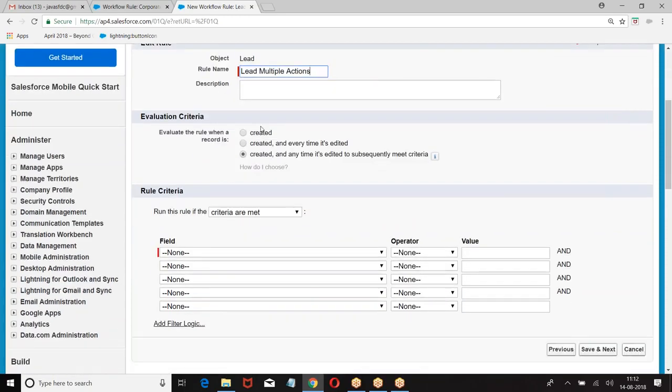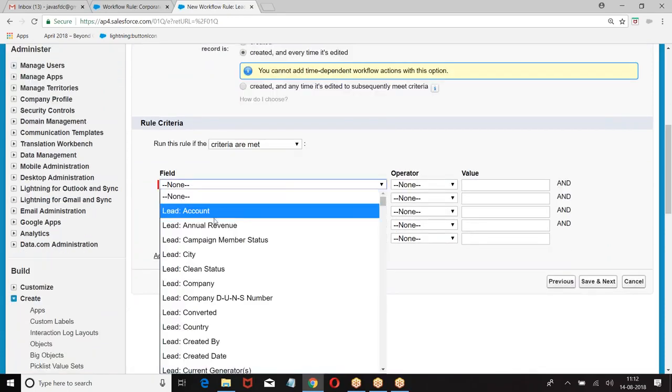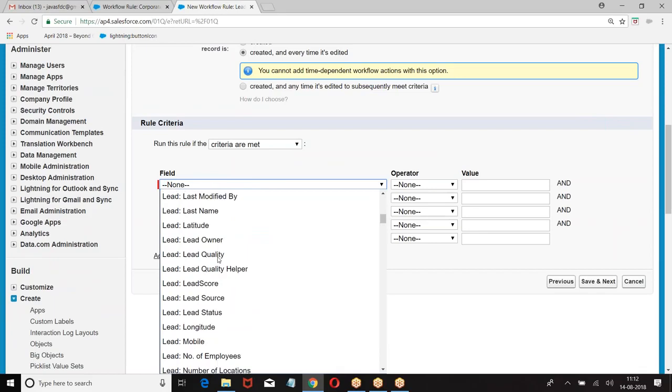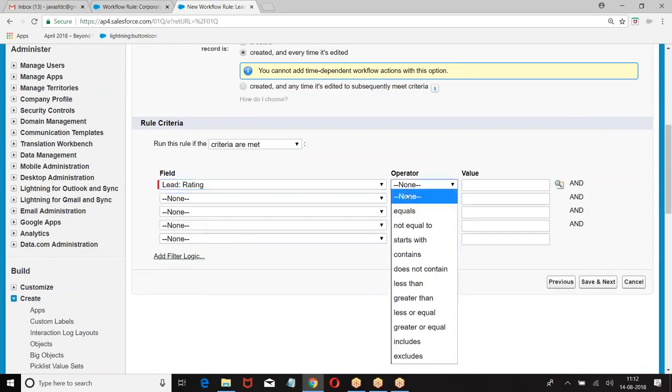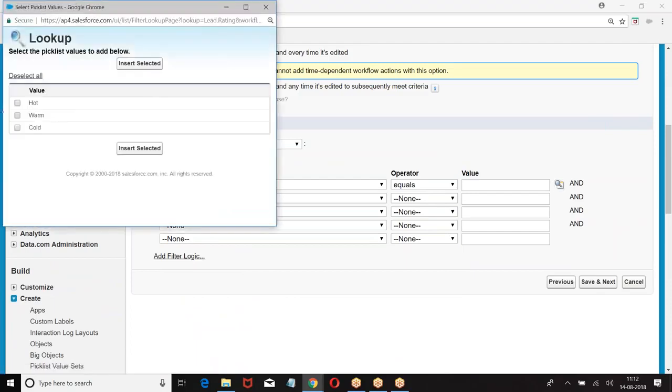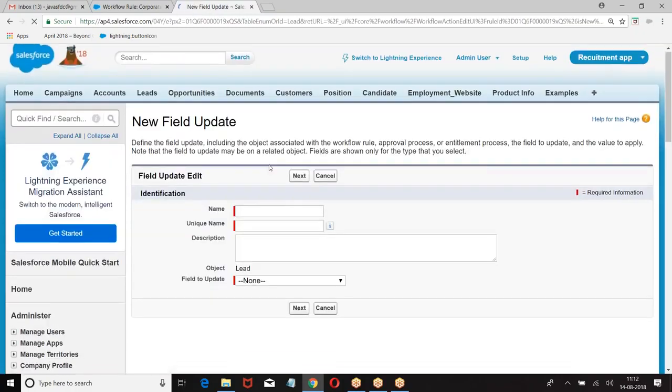What was the condition I am giving? When lead is created or modified, if rating equal to hot, perform the action. Action: field update.